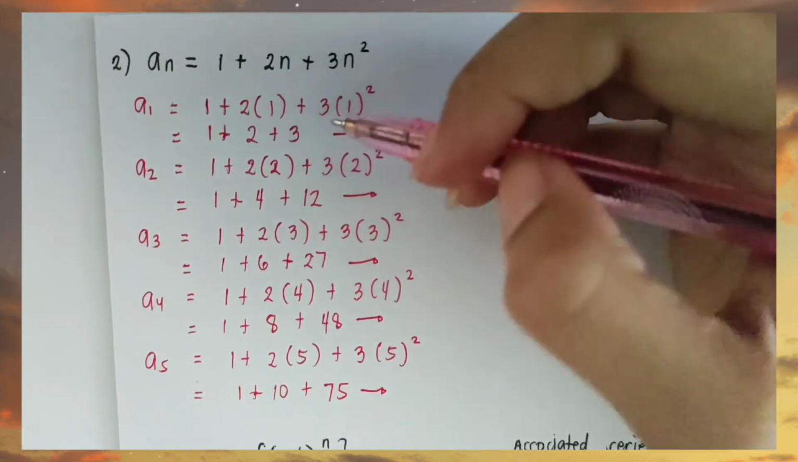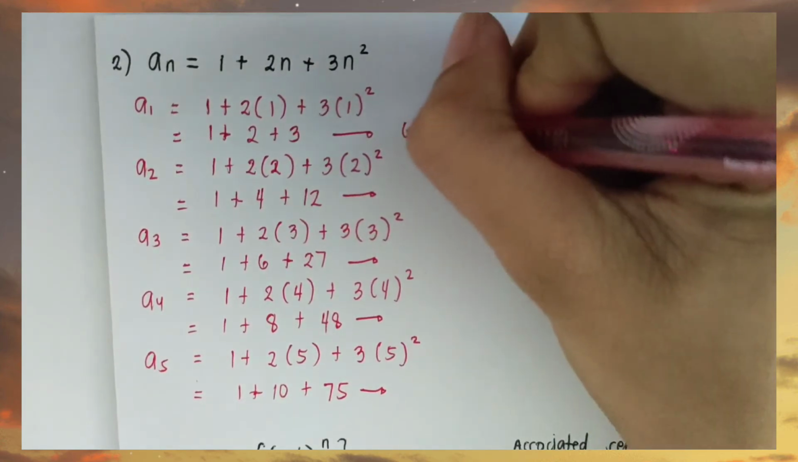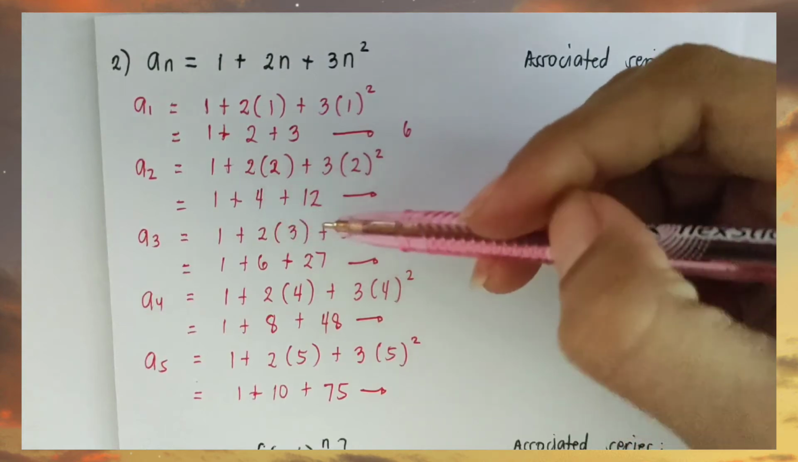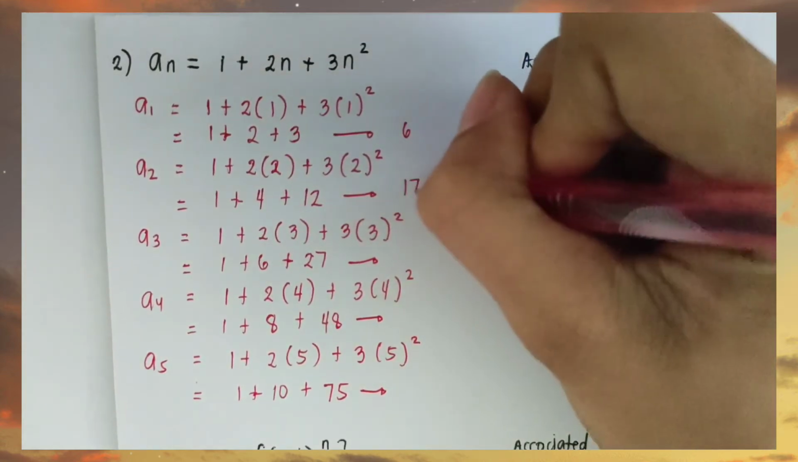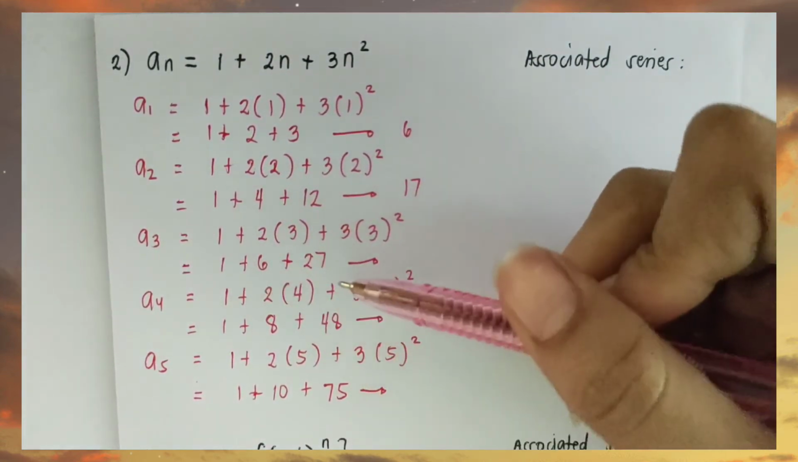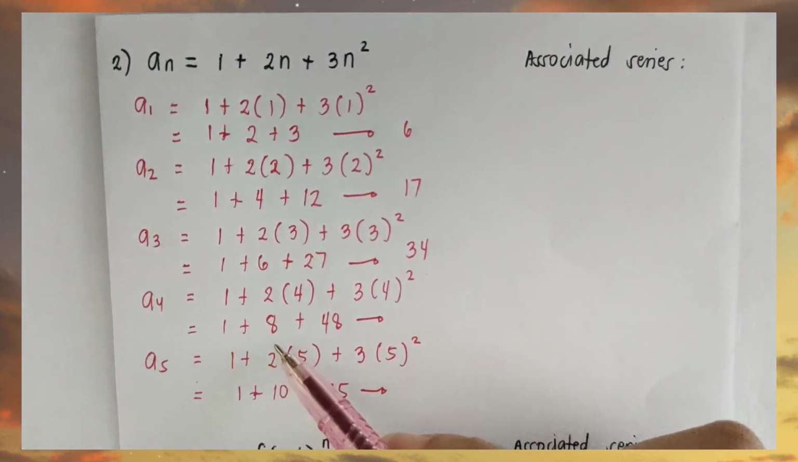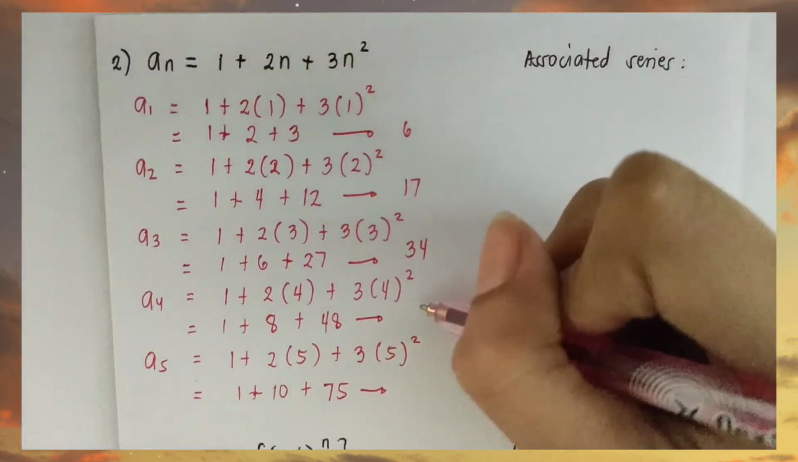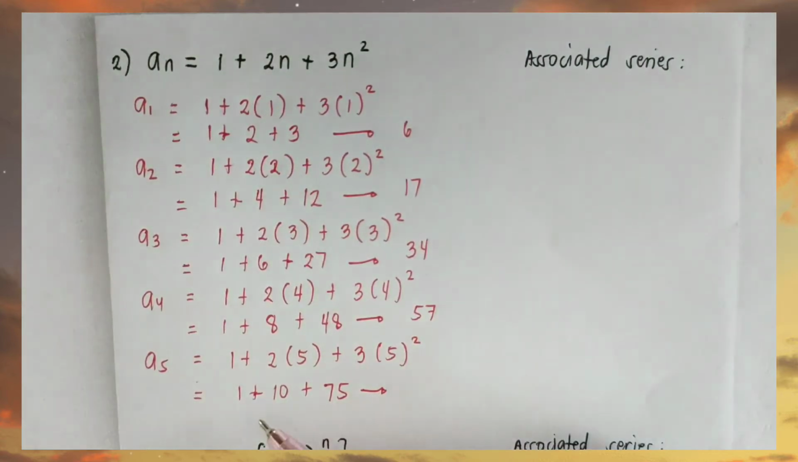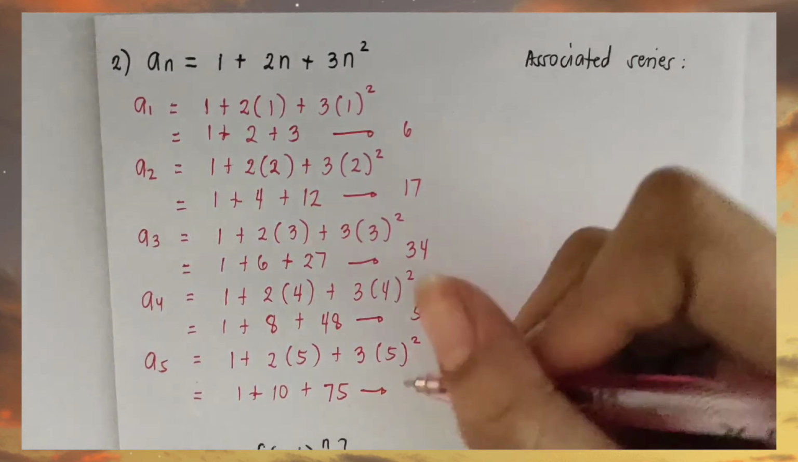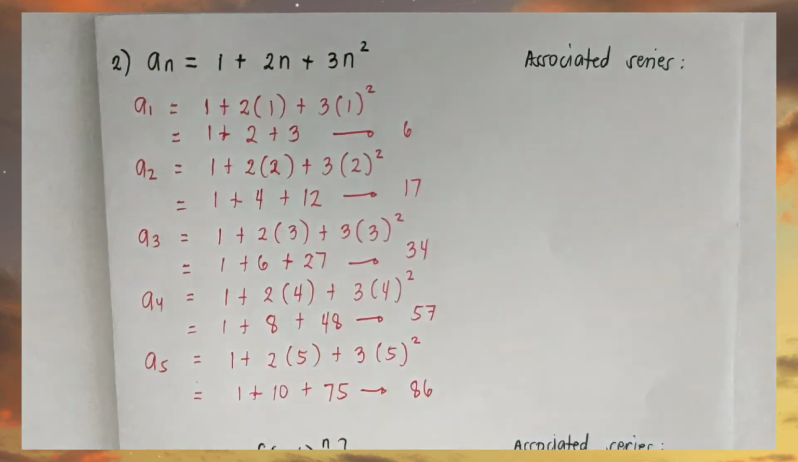1 plus 2 plus 3 is 6. 1 plus 4 plus 12, 17. 1 plus 6 plus 27, 34. 1 plus 8 plus 48, that is 57. And 1 plus 10 plus 75 is 86. Since we already solved for the values of A1 to A5, let us now write